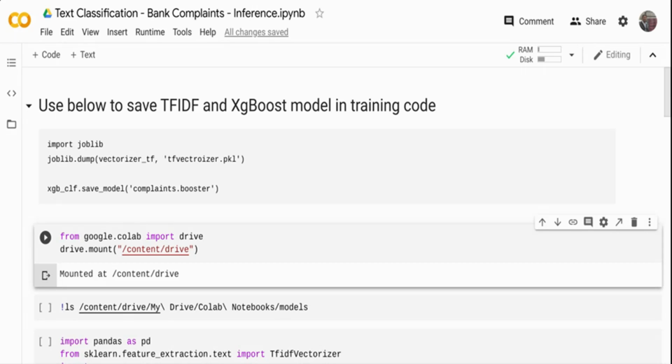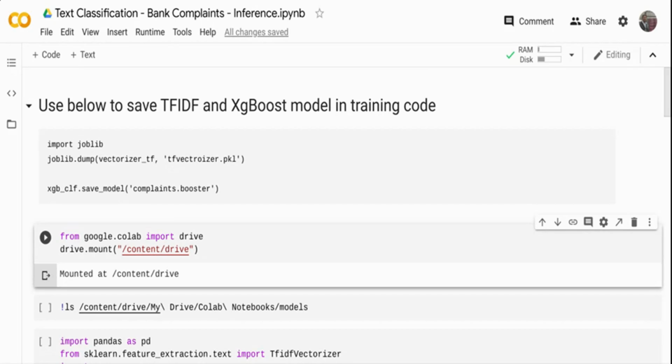Hi, in this video, we are going to deploy the text classification model that we built in our past video. That's a multi-class text classifier that we built on a bank complaint dataset. We are going to see how we can deploy this particular model in multiple environments. It can be using Flask, it can be using WebSockets, and it can be on multiple cloud platforms, AWS, Azure, or Google Cloud Platform. We will see some variants of it and also how to deploy it on a serverless environment like either AWS Lambda or Google Cloud Run.